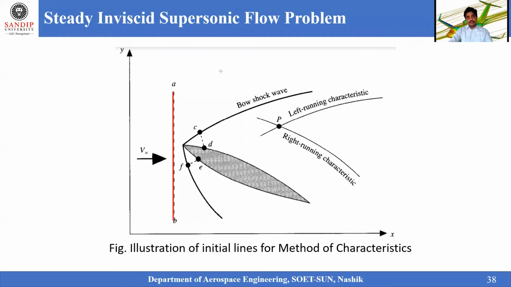And another one we have: there are other points we have defined on the body, which are available on the body itself. So those points we have named C, D, E, and F. So these are the four. That means line 1 is AB, line 2 is CD, and line 3 is EF. So these are all the lines we have defined initially; yet we have not approached the problem.